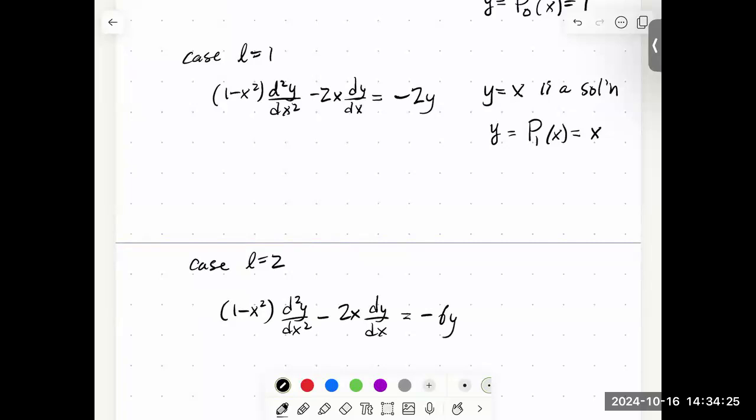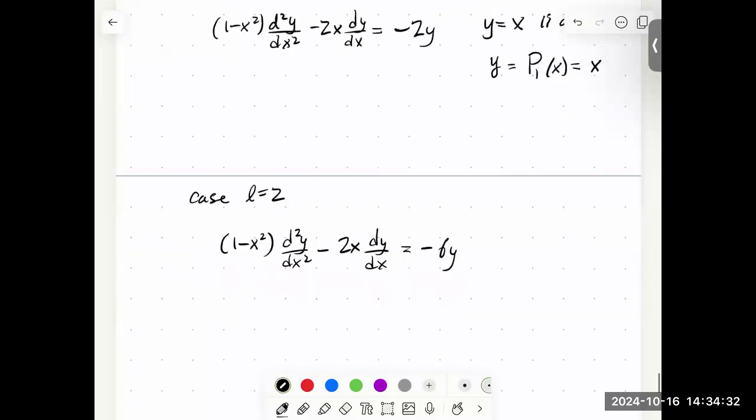It's no longer obvious, at least not for me, what the solution is going to be. So the solution is not obvious. And so what we'll do is we'll try setting y equal to P2